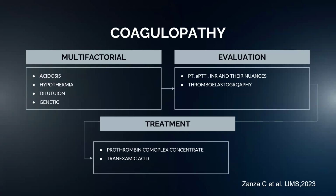Finally, going to coagulopathy. Coagulopathy in shock is multifactorial. It is due to acidosis, hypothermia, dilutional coagulopathy, and also the genetic predisposition of patients. Usually, the evaluation of coagulopathy is done by the prothrombin time, partial thromboplastin time, and the international normalized ratio. But there are studies which show that these tests are sometimes incorrect in determining the coagulation profile, because they are done as a snapshot in time, and